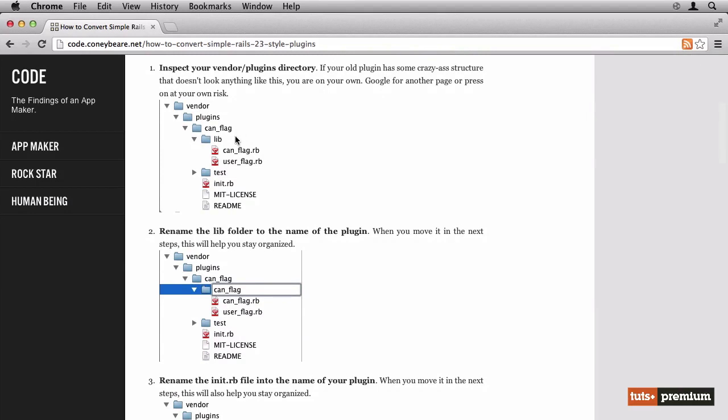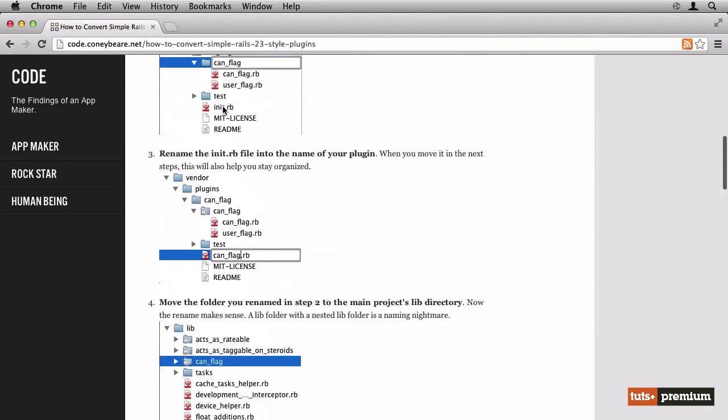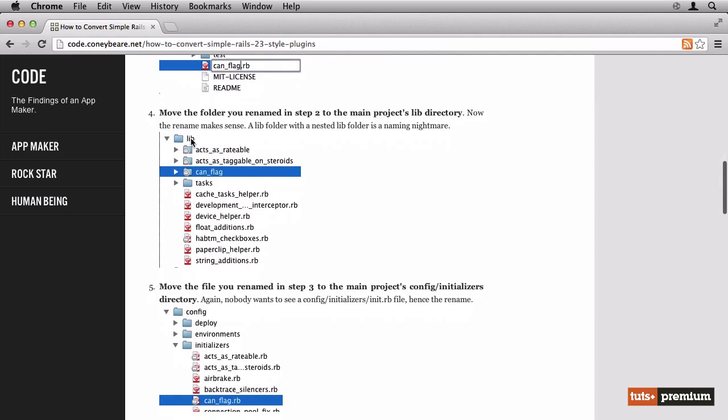The next step is to rename whatever it is in the lib folder and rename it to the name of the plugin. So CanFlag it should be, right here in step 2. After renaming the lib folder to the name of your plugin, you rename the init.rb that you have on top here, see? And change it to the name of the plugin as well. So you will have the lib directory that's renamed, and also the init.rb is changed as well. The next step is to take the folder that you renamed to the lib folder in here, see? So you'll have the lib directory which you already had, and then you paste the folder with the library code